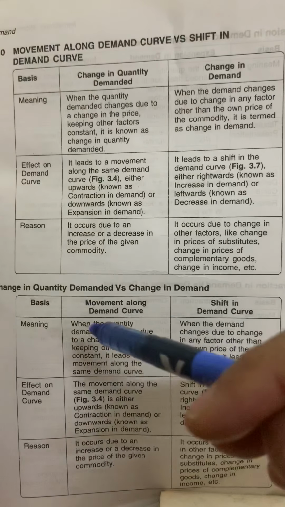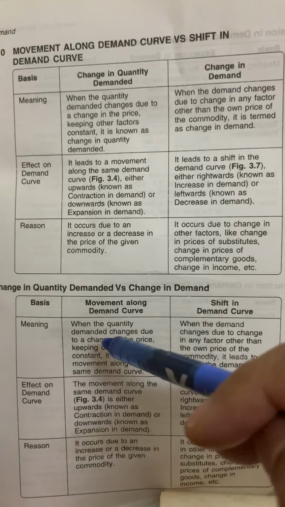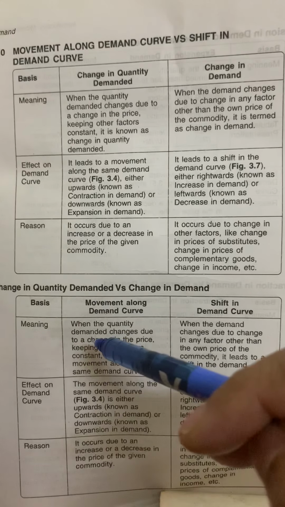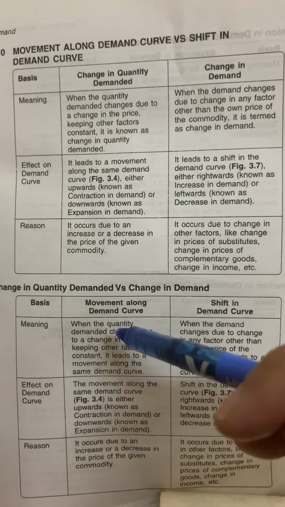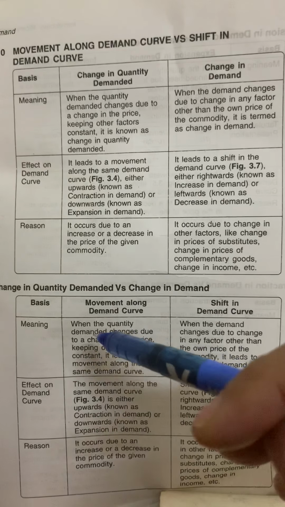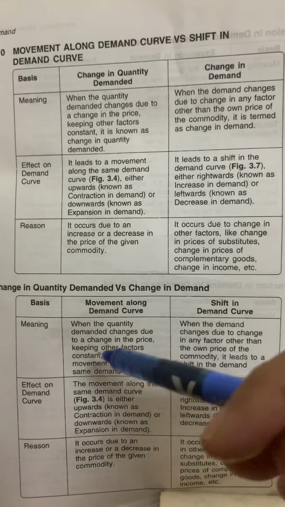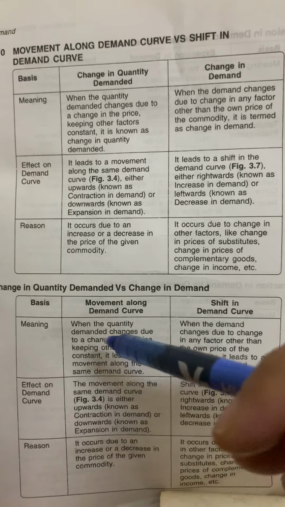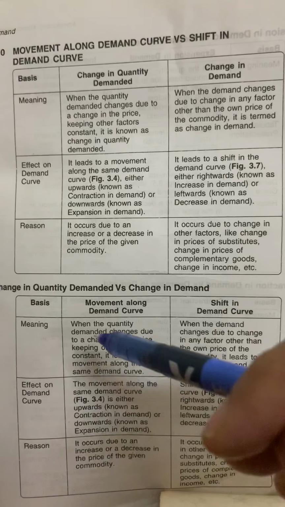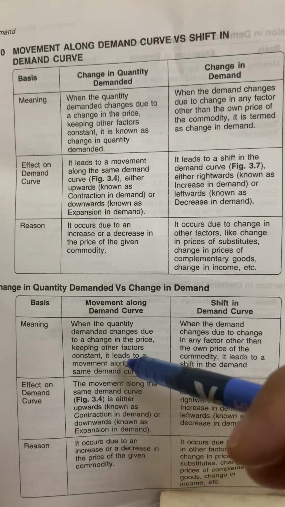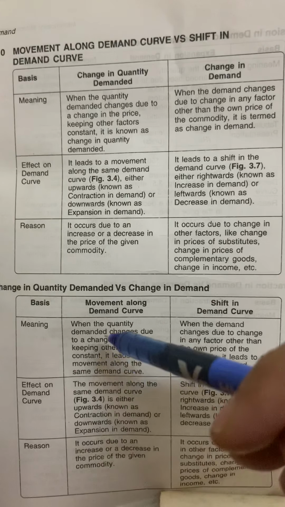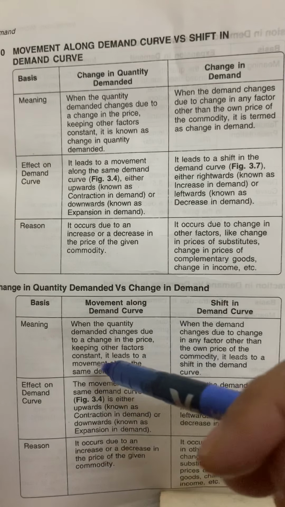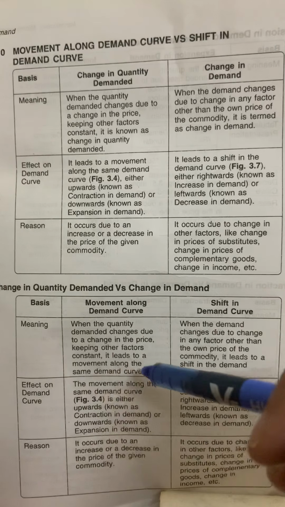Here the quantity demanded is changing due to the change in the price of its own commodity, and there is no change in the other factors, they are constant. And this kind of change will lead to the movement along the same demand curve,